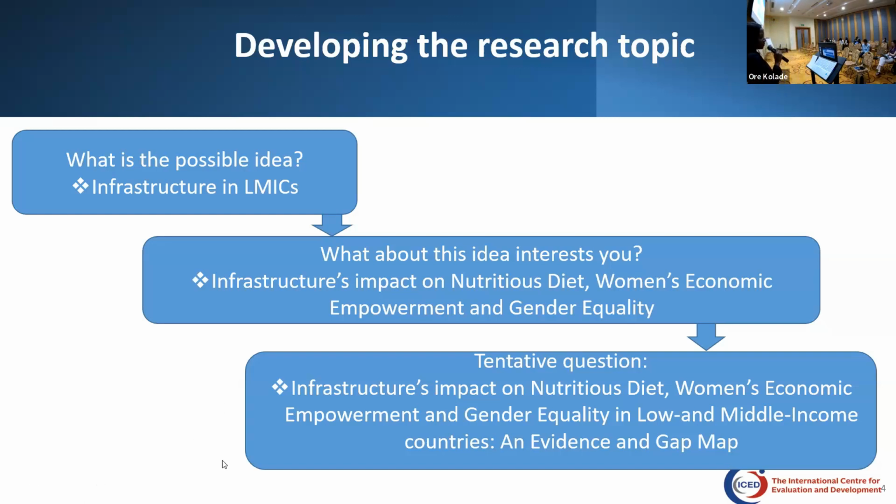Then from this interest, you are going to develop a tentative question. And so our question for this would be, what is the impact of infrastructure? And here we are talking about physical infrastructure, which when we get into the EGM, we will see the various categories that we put in. How is it going to affect or impact nutritious diet, women's economic empowerment, and gender equality in low and middle income countries, an evidence gap map. Yes. So after developing your question,